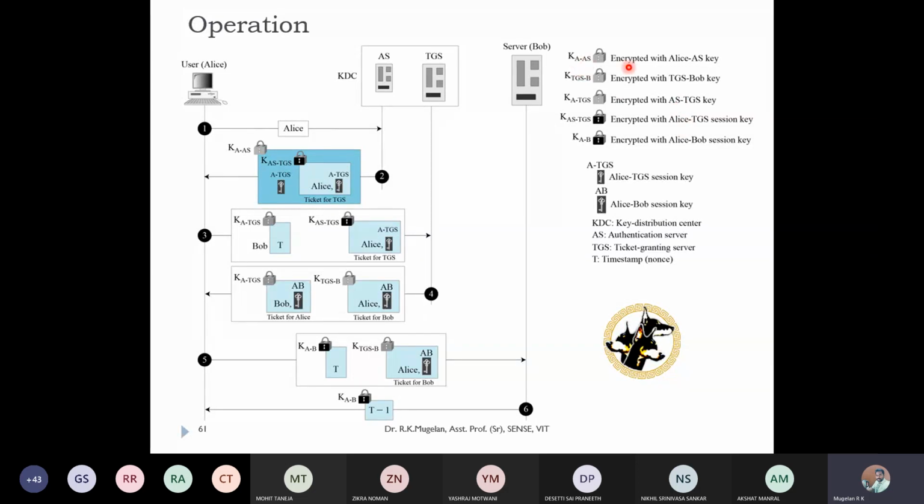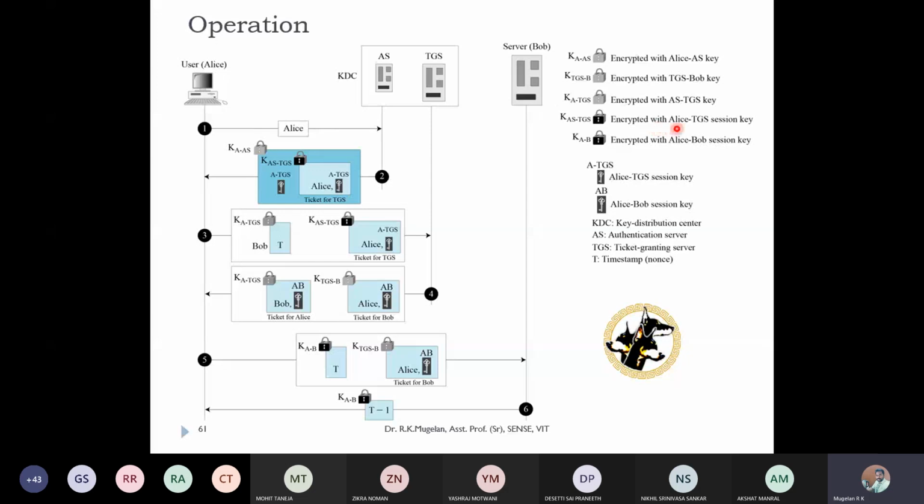Actually here, this KATGS should be KASTGS and this one should be KATGS. KATGS is encrypted with the Alice TGS key, not AS. AS stands for authentication server, but here it should be ATGS, that is a session key known only to Alice and the TGS. Whereas KASTGS is encrypted with the ASTGS session key.